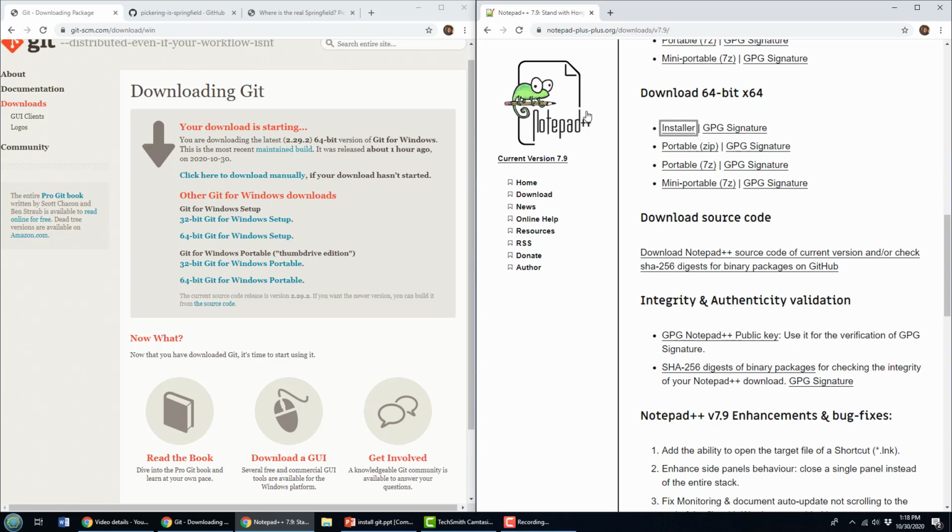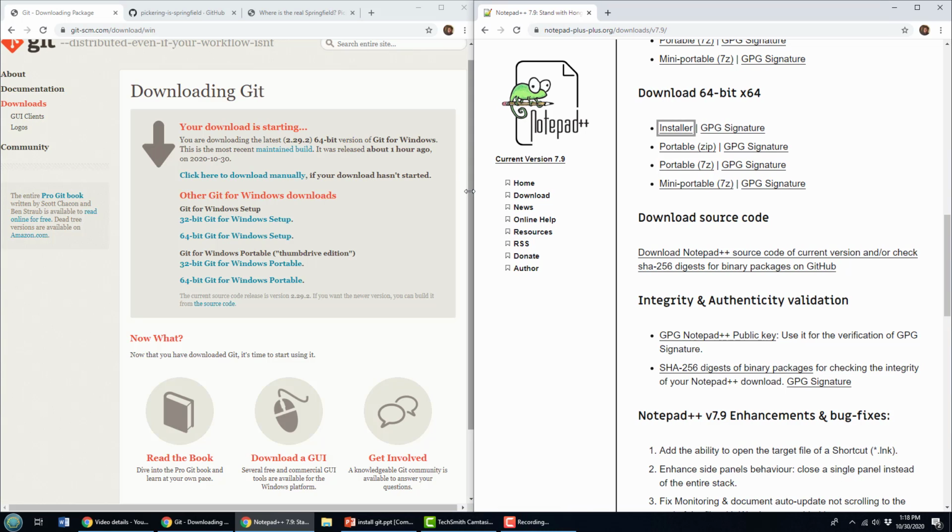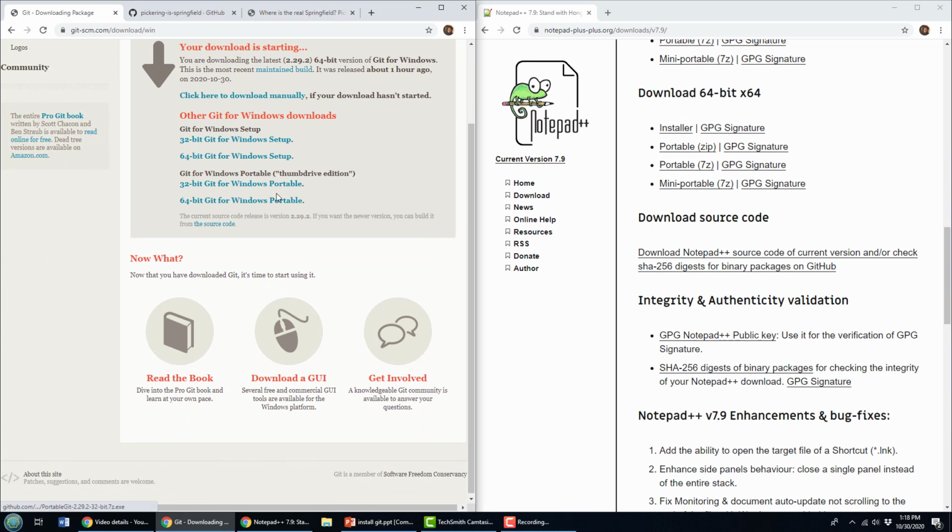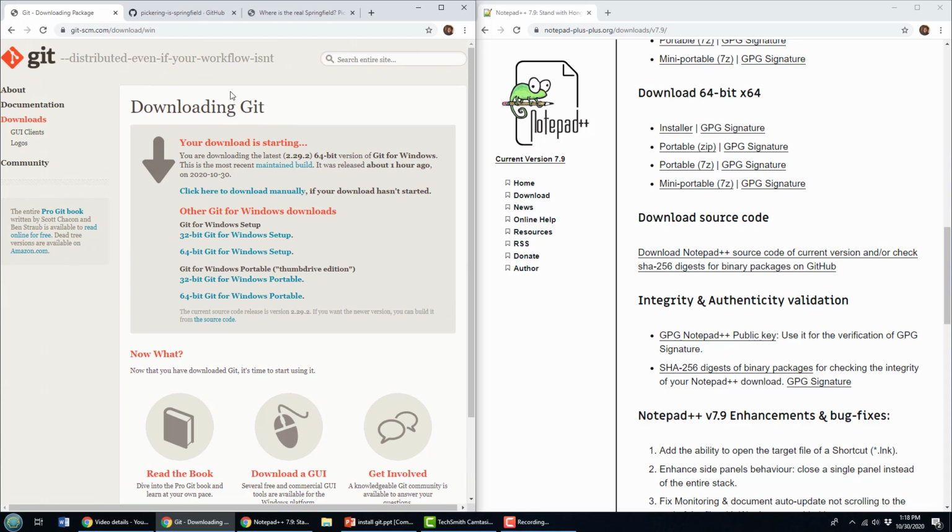Now, I don't really want to talk to you about installing Notepad++. I want to talk to you about installing Git and using Git with Notepad++. So how do you do that? Well, I've got Git right here. That's